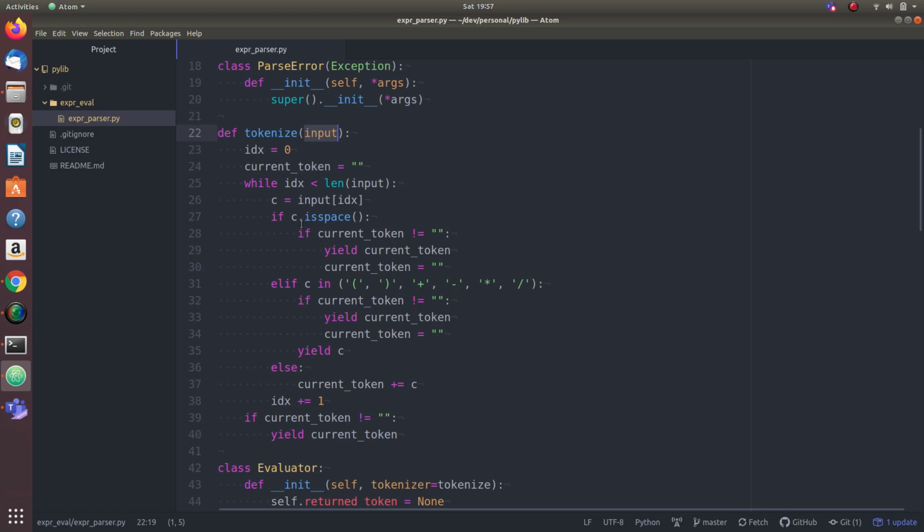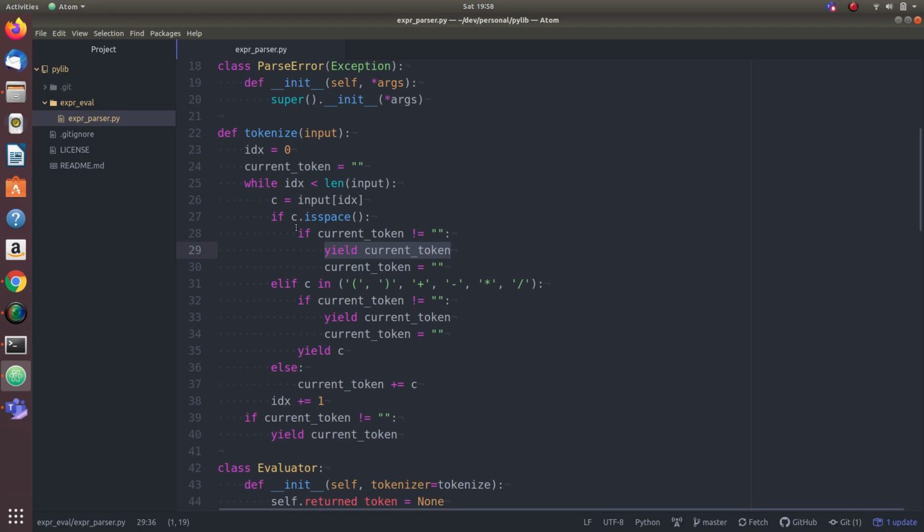So instead of allocating a list and putting the tokens in that and returning that list, what this tokenization function does is it goes through the input character by character, and whenever it encounters a delimiter, whenever it knows that a token is ready to be consumed, it uses Python's yield construct to give that particular token back to the caller.